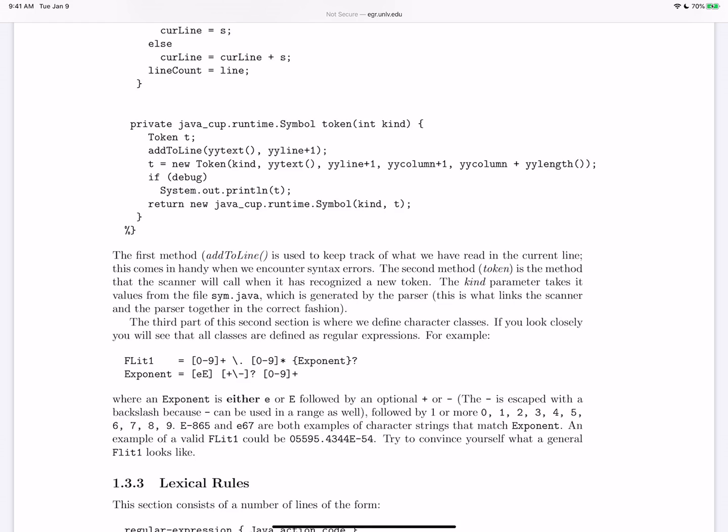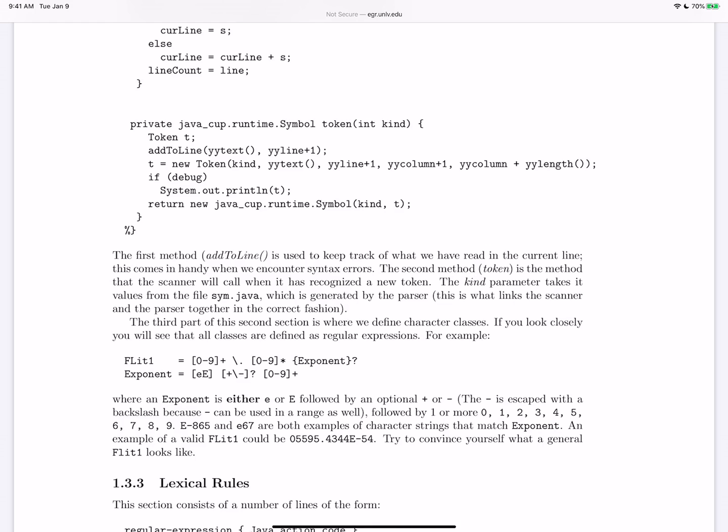So we create this new token, and then since we're using Java CUP, we wrap it up into a symbol, and that just means it's something that can live on the parser stack, and then we return that. And that's what the parser will get when it says to the scanner, can I have another token?